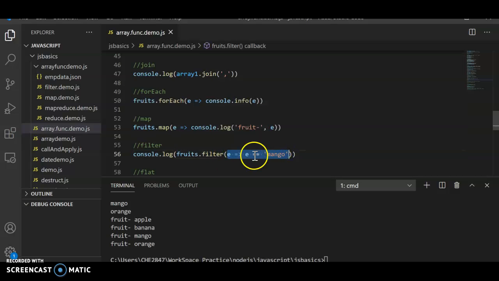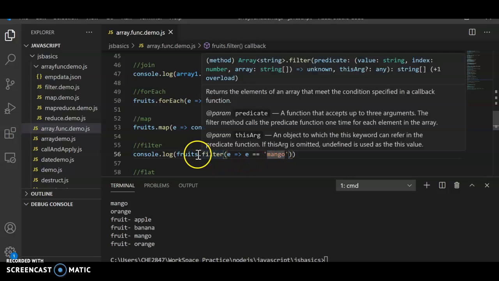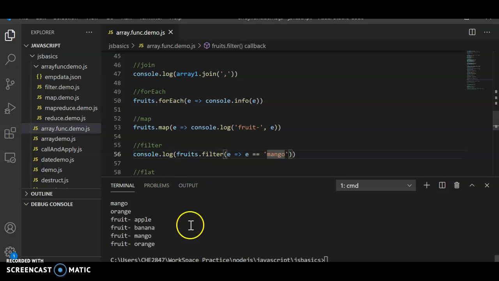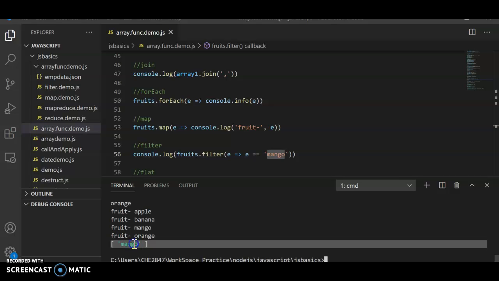What it says is if any of the elements matches this condition, I want only those elements. If you print that, you should expect mango. It's going to return only the elements that match this condition. It's not updating the array, but it's going to return an array that contains the filtered elements.